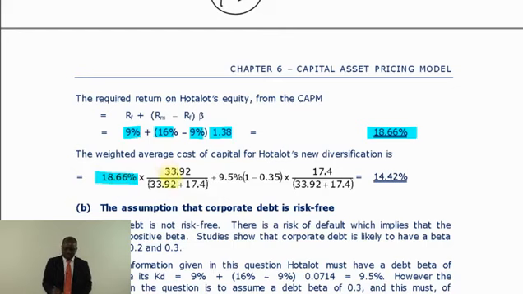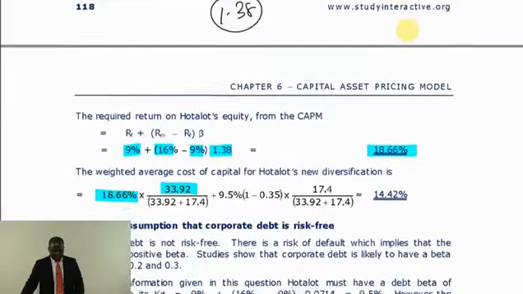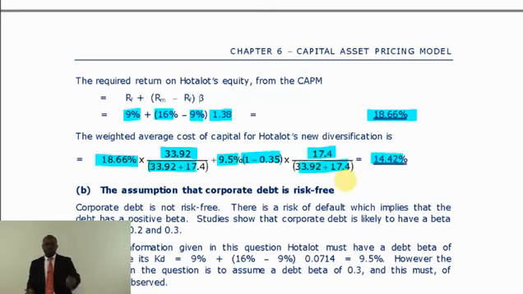This is my cost of equity. Market value of equity is what we calculated up here. Okay, plus the cost of debt. Question said cost of debt is 0.5% above the treasury bill rate. So that gives you treasury bill rate of 9% plus the 0.5 is what? 9.5. Don't forget to deduct what? 1 minus T. And then value of debt, we said is 17.4, sum up the two, and this is the WACC. So this is what you would have to use to discount the cash flows associated with the project.